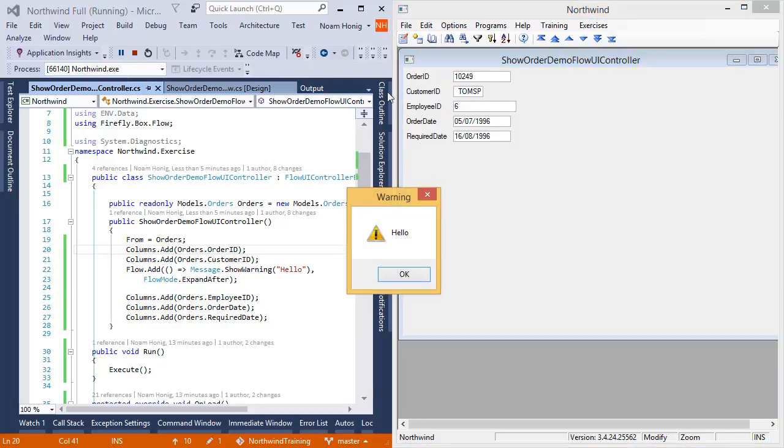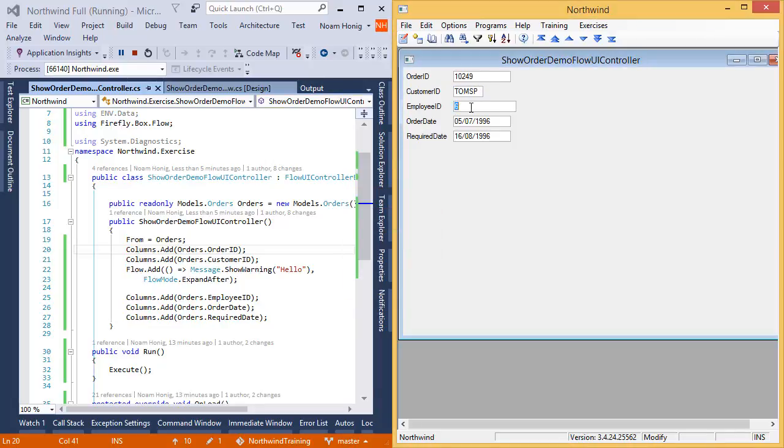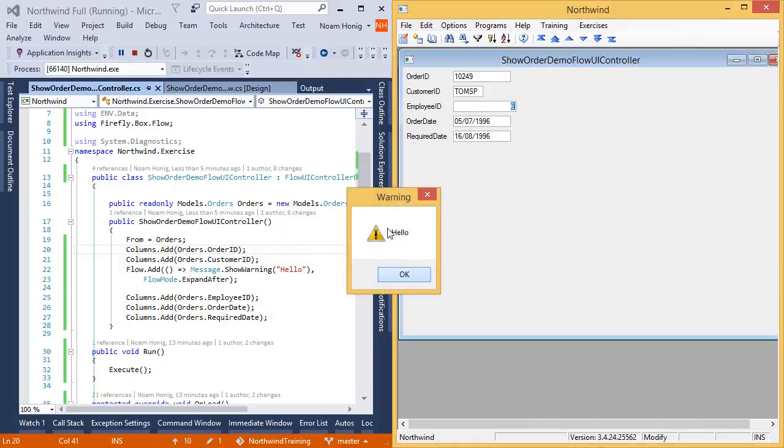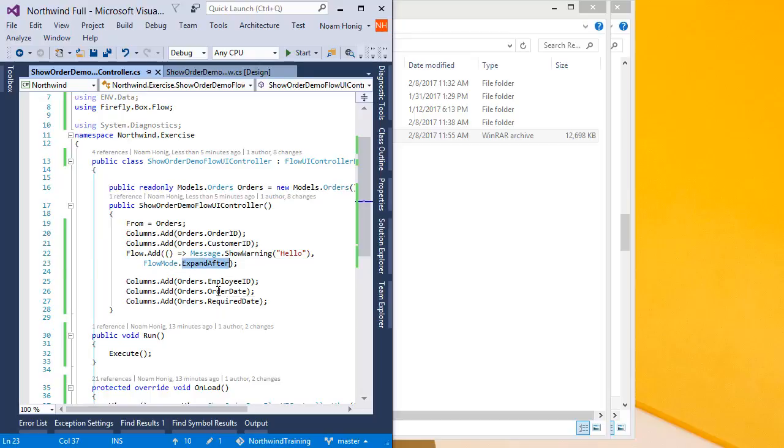Now, as soon as the message completes, it will go to the next control. So ExpandAfter will bind itself to the expand event of the control before it, and after performing the task, it will move to the next control. So again, I'm going to be on customer ID, zoom, get the message, and it will go to the next column. If I'll say expand before,